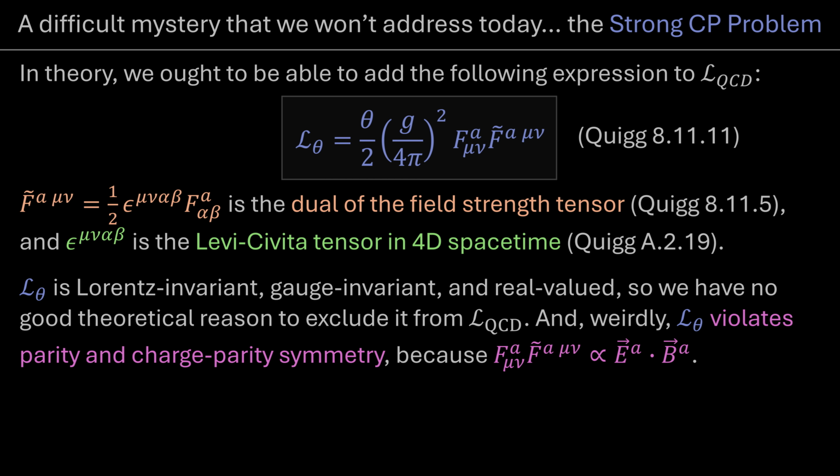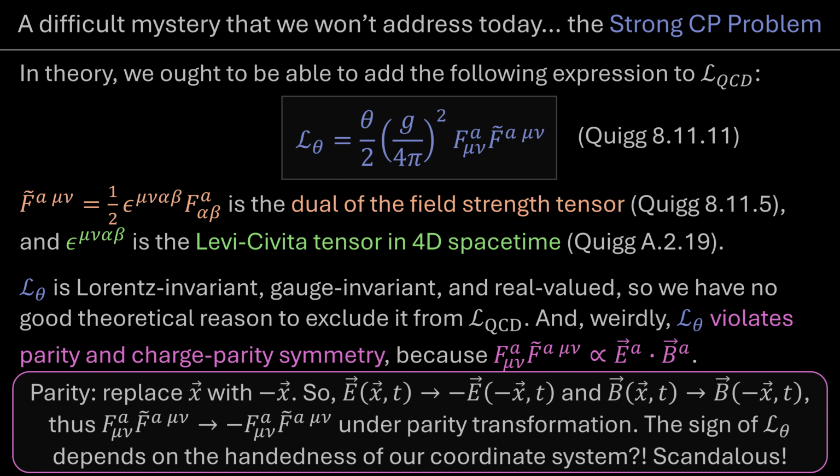But now if you think about electric fields and magnetic fields, the electric field is a vector, the magnetic field is a pseudovector. So under a parity transformation, your electric field is going to pick up a minus sign, but the magnetic field, being a pseudovector, is not. And so the dot product of the electric field and magnetic field is collectively going to pick up a minus sign under a parity transformation, which is no good, because you don't want a number that becomes negative under a parity transformation. That's weird.